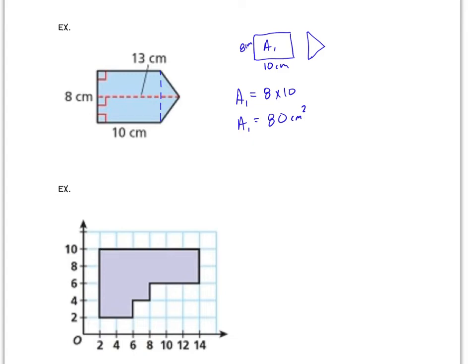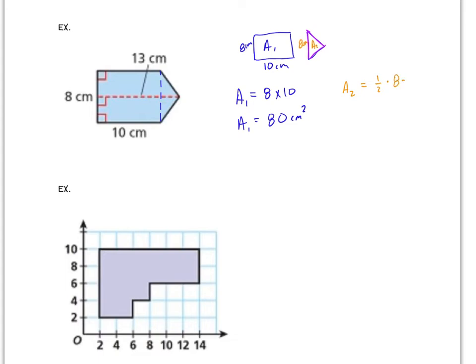Now our second shape, this triangle, we have to find the base and the height of our triangle. So sometimes triangles aren't always sitting on the base that you'd like them. So let's make this, here we know this one is 8 centimeters because that comes from this measurement here. It's the same distance over here on our rectangle. So we have 8 centimeters. So area 2, I'll make this guy area 2, equals 1/2, because we got a triangle, times 8 times, now